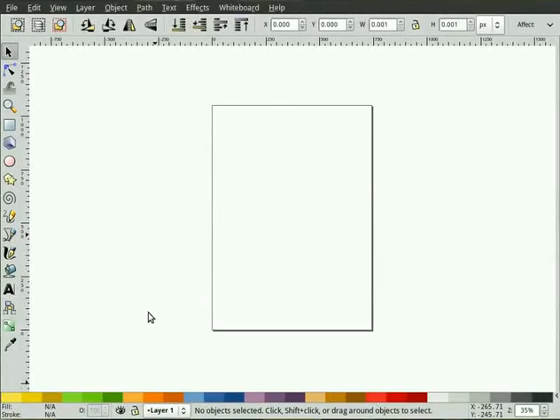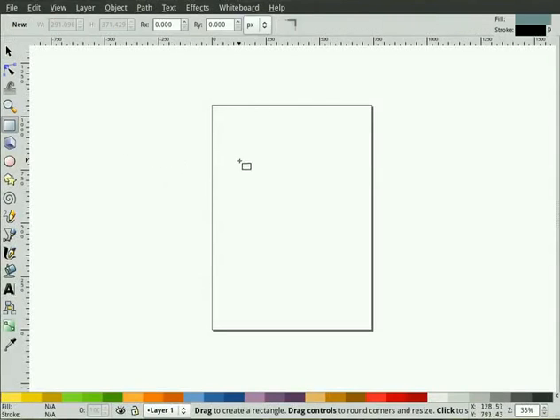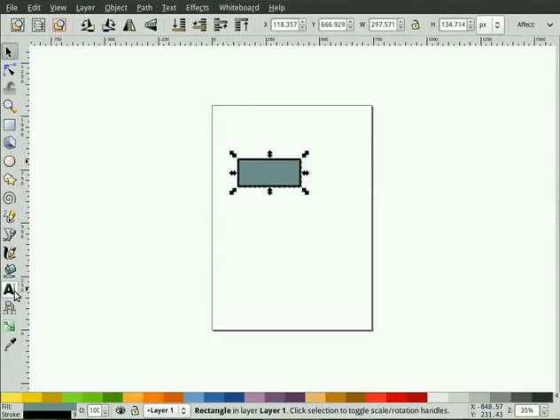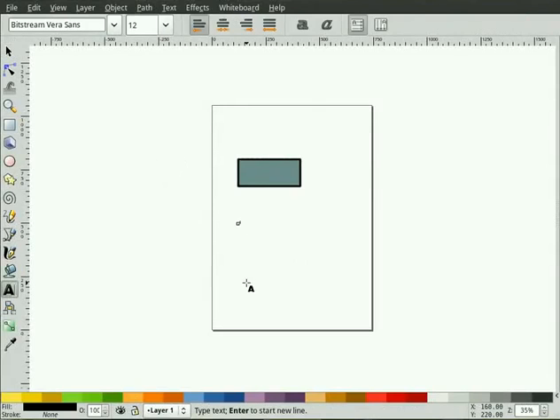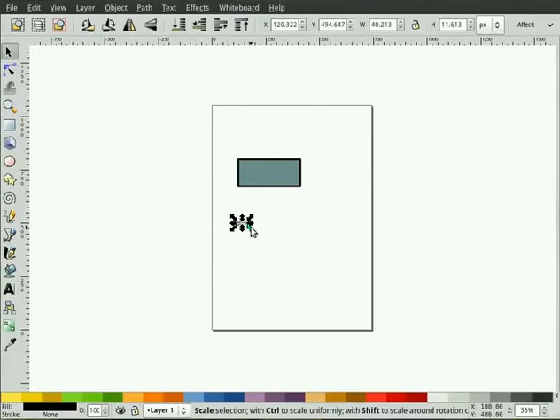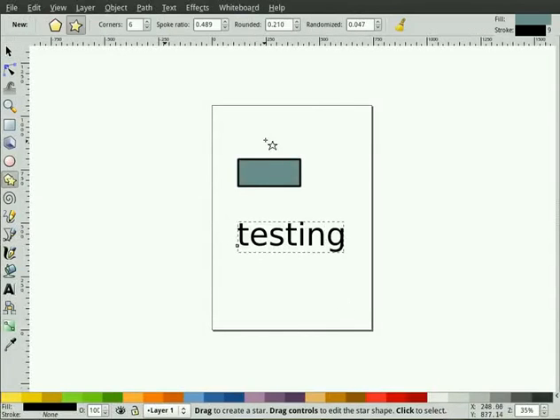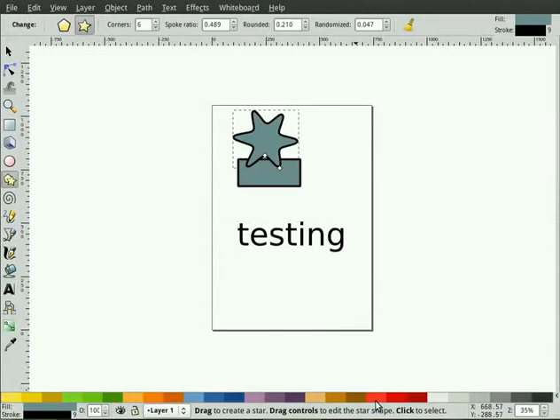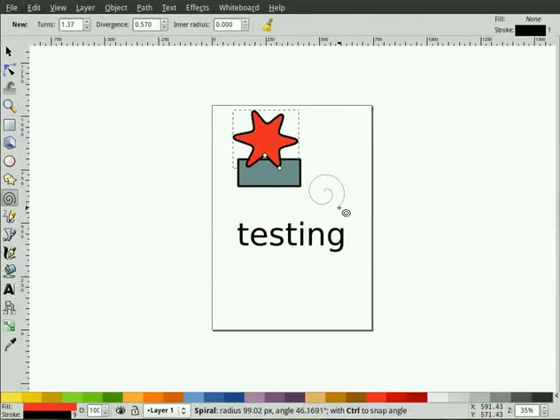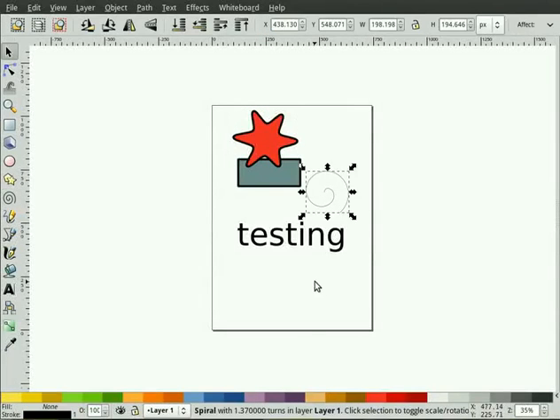In this microsode, I'm going to briefly describe how you group and ungroup objects and why that's useful using Inkscape. So first we'll create a series of objects, maybe a rectangle, some text. Bring that a bit bigger. A star, different color maybe, and I don't know, any arbitrary objects. Okay, spiral. Now,